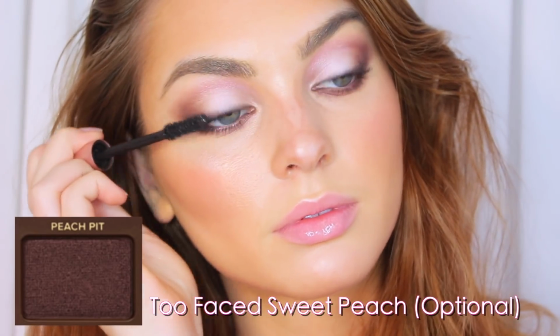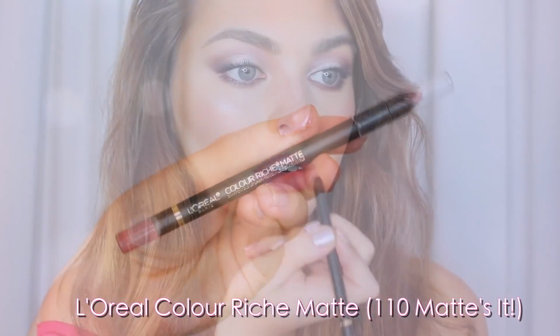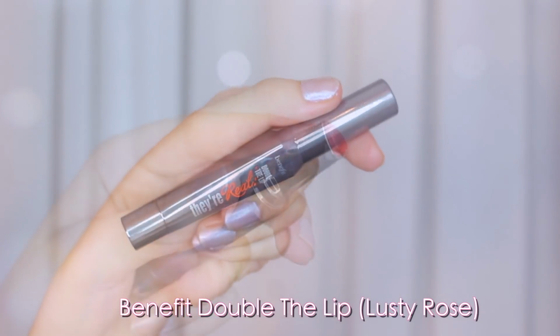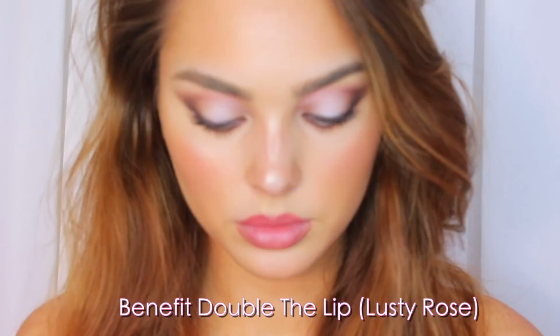For lips, I have a couple options here. If you're someone who always likes to line your lips, then I'd go in with L'Oreal Lip Liner in 110 Matte It, and these are so creamy, I really like this line. Or if you want to do an all-in-one product, I'd recommend the They're Real Double the Lip in Lusty Rose by Benefit. Then you're just good to go if you use this one product,